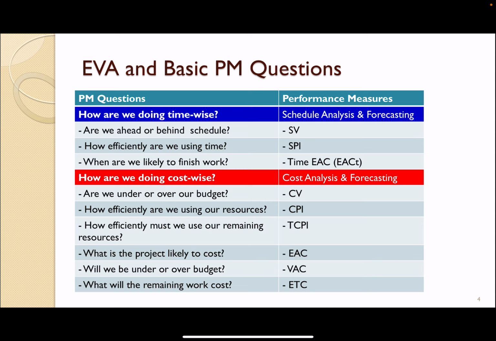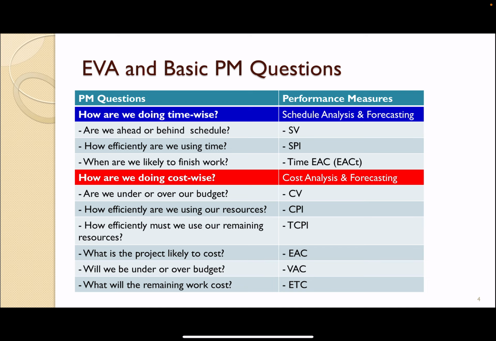In terms of time, we have 3 questions, and what are the measures that we use? Are we ahead or behind schedule? We use SV. How efficiently are we using our time? SPI. When are we likely to finish the work? We will use time estimate at completion,